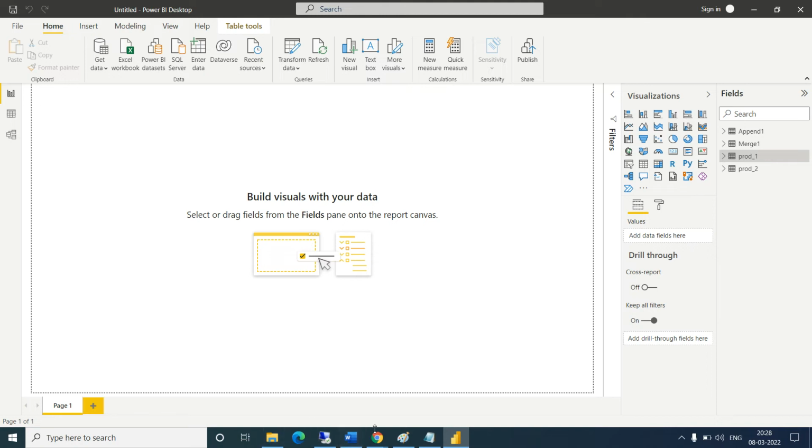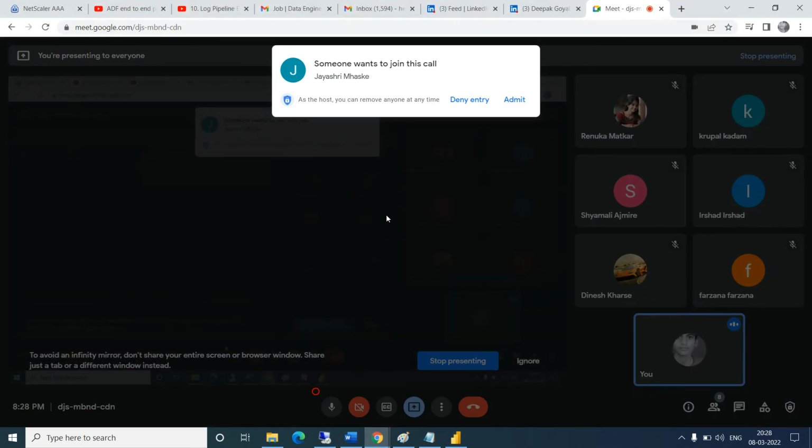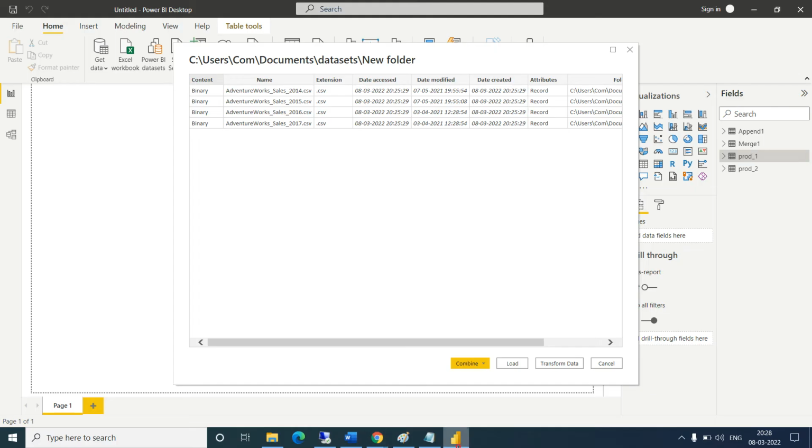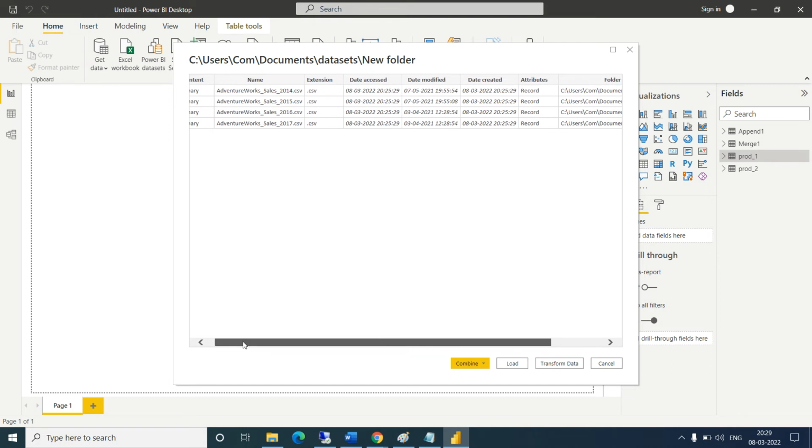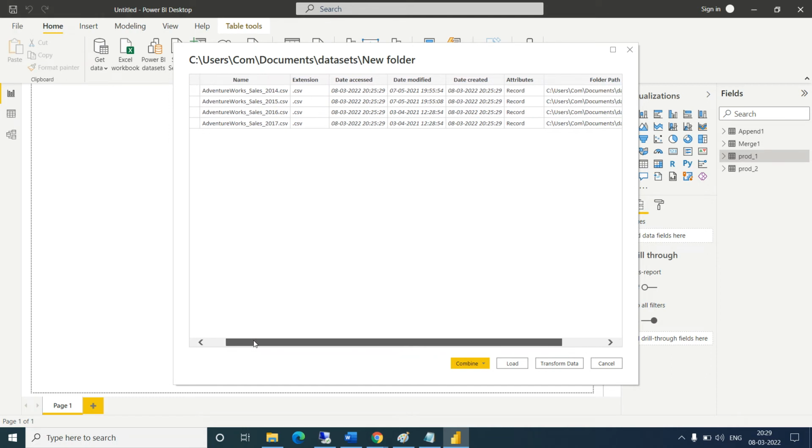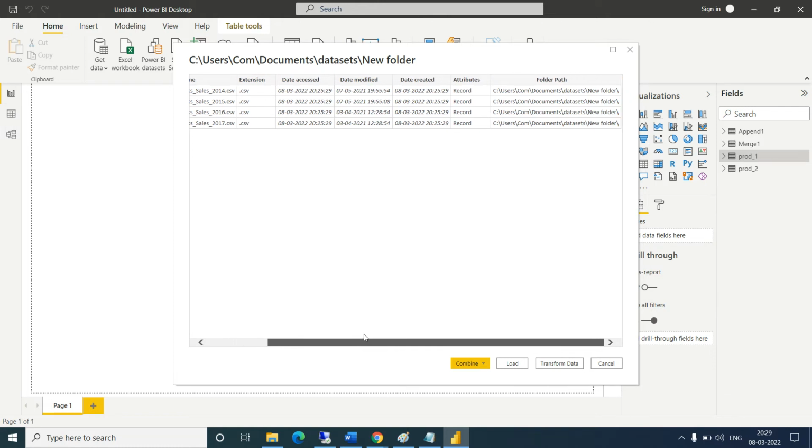Okay, so it connected all the files. Can you see this? It is showing the path of the file, name of the file, their extension, the date modified of this file, and the path of the particular file.